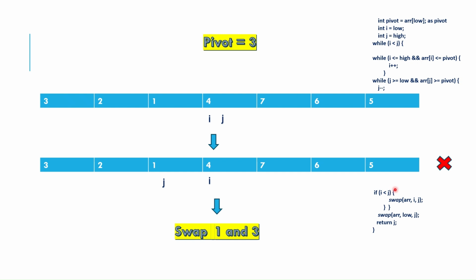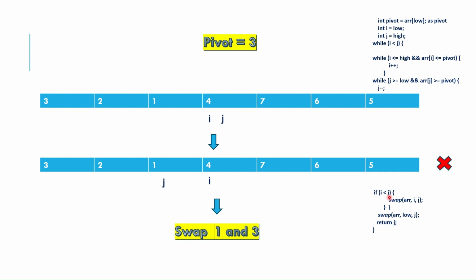Now if i is less than j only, we need to swap array at positions i and j. Like let's say while execution of i stopped and execution of j stopped, then we are swapping i and j. But here what we are doing means,